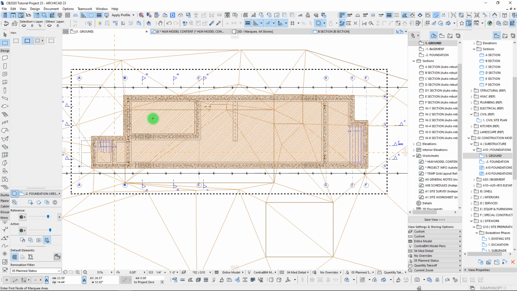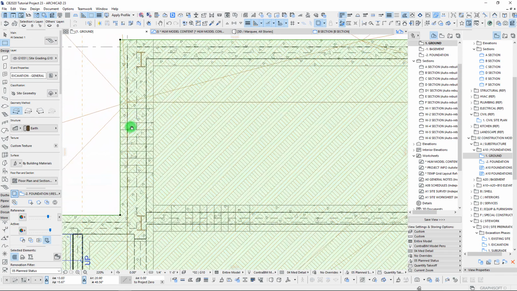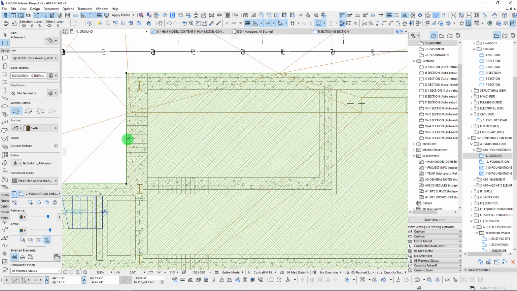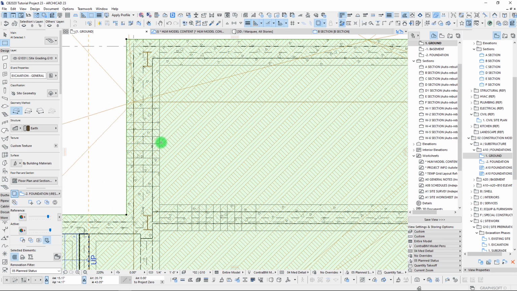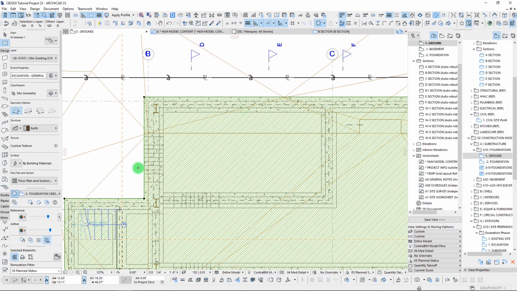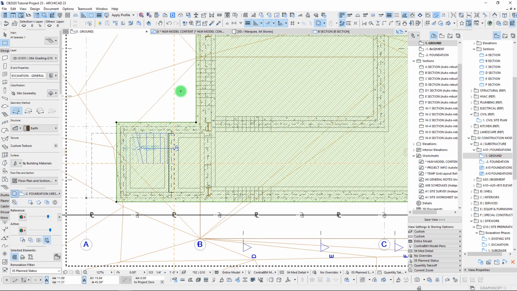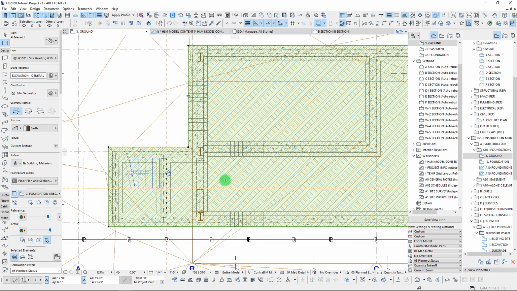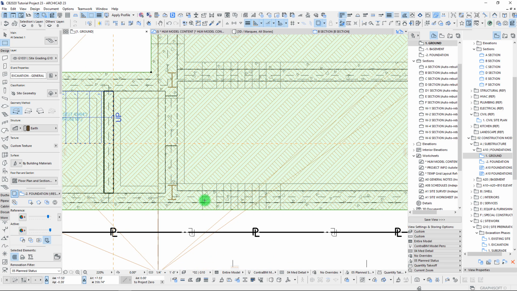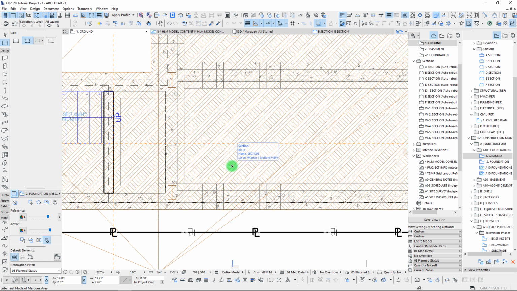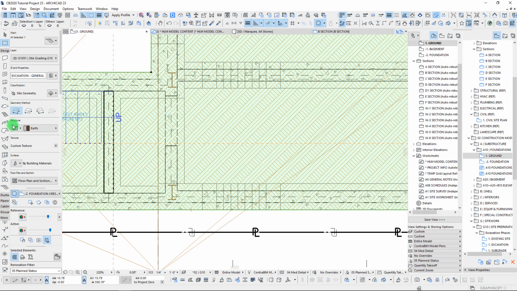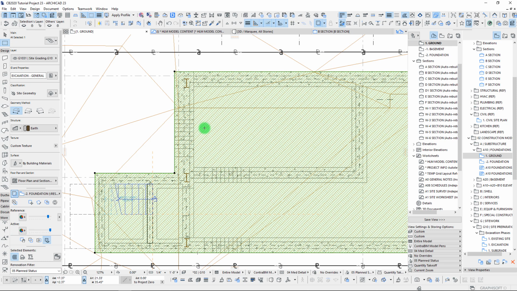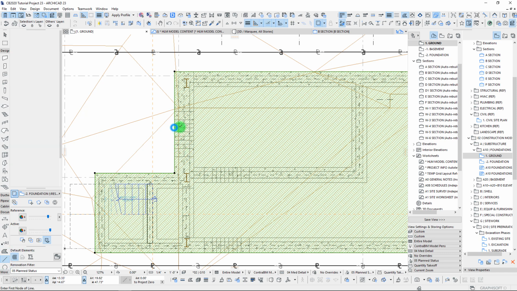So let's go back here to our 2D view, and we can actually use the line, or we can actually start drawing in some lines now to create our sloping here. So we know we have to get down in these areas here. We have to get down to essentially the back end of our footings here. So what I will do is, let's pick up our mesh here, and I think I'll actually do it with a line so I can magic wand this. So we're just going to draw a line,